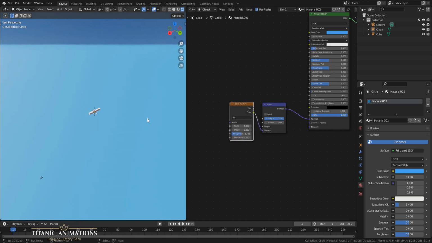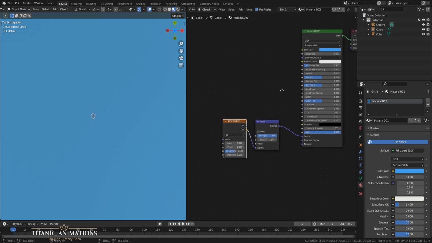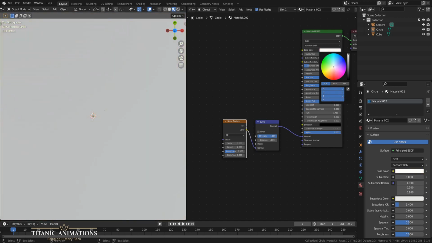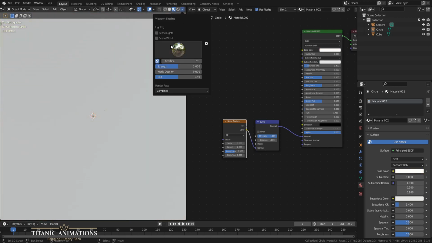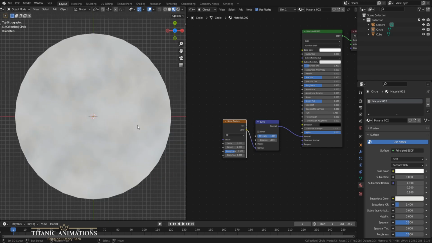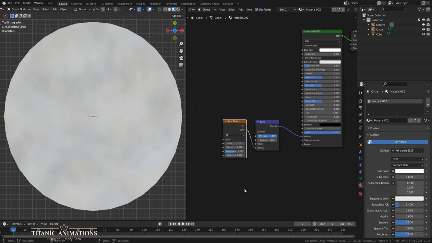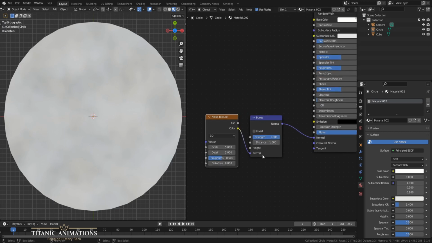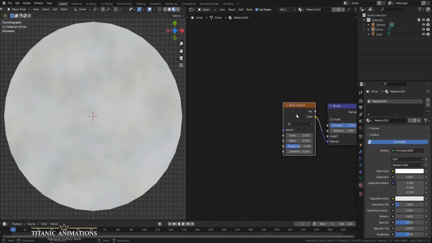Okay. And come into orthographic view because that might help me out. And also do this. Let me change this back to white because it's going to mess with my ability to see right now. Okay. And I'm trying to get the whole thing in the frame. There. So just like we did with the HDRI, I'm going to need a texture coordinate node